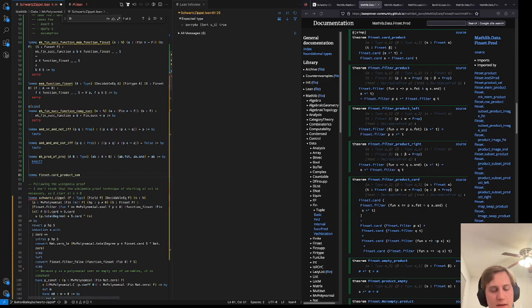The point is that if alpha, beta are types, and R is a Finset of alpha times beta, then